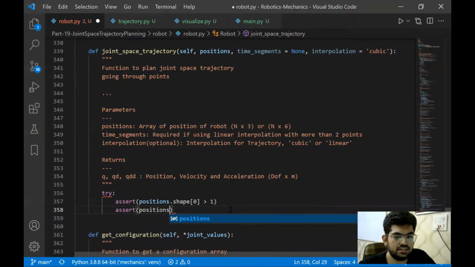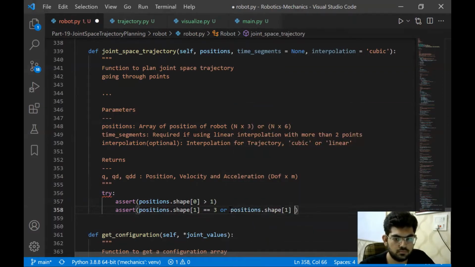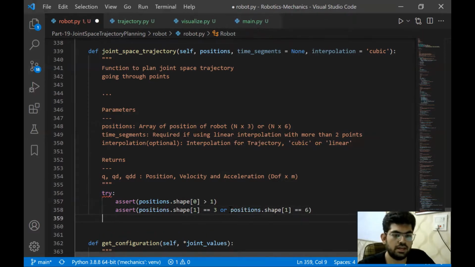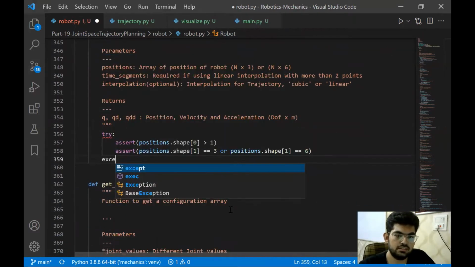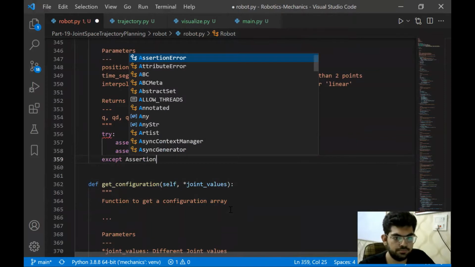And the second assertion that we're going to make is that the shape should either be equal to 3 or equal to 6 as we have defined. And we can have an assertion error in case this is not accepted.